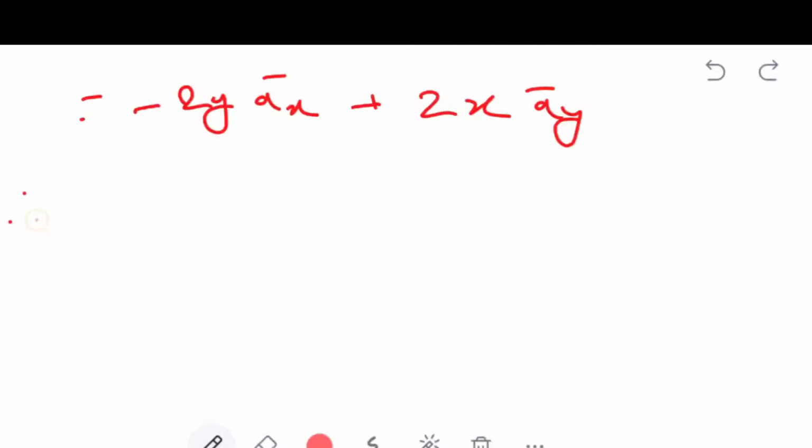After doing simplification, what you can get? Minus 2y ax plus 2x ay. You will get an equation like this. Therefore the current density vector j bar equal to